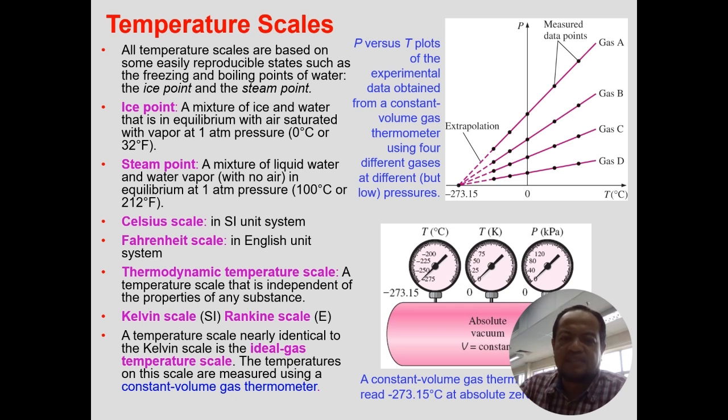This is the P versus T plot of the experimental data obtained from a constant volume gas thermometer using 4 different gases at different but very low pressures. Whether you use gas A, B, C, or D, the PT diagram will extrapolate to one point at